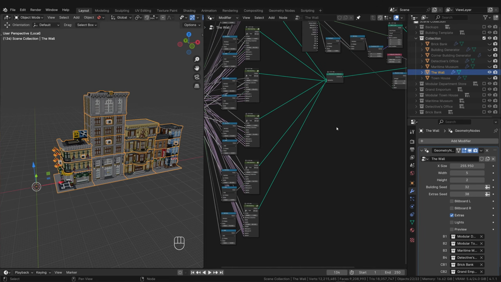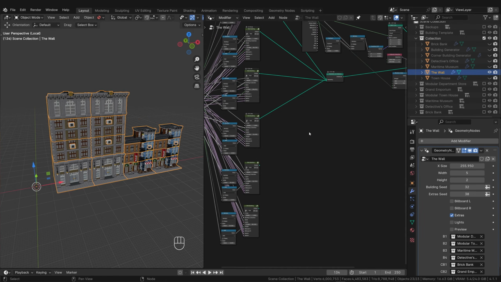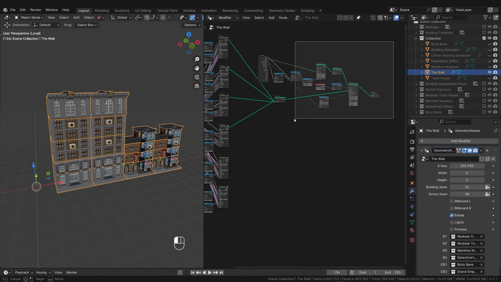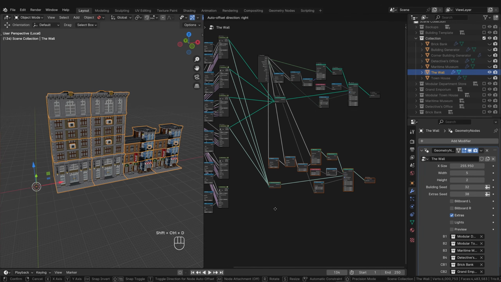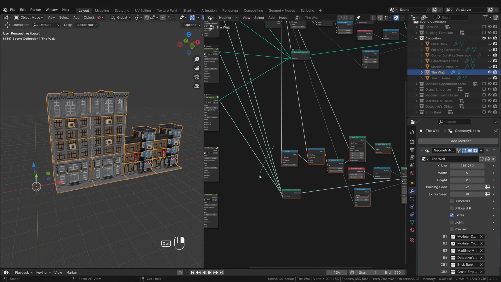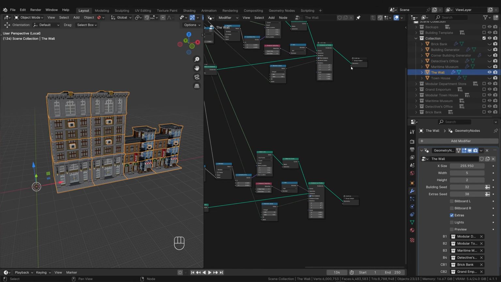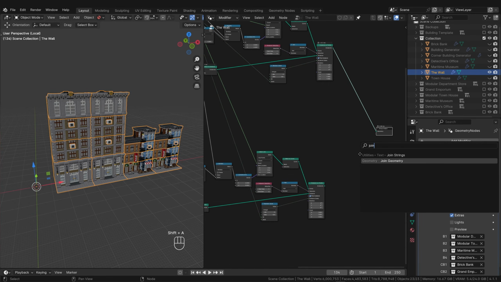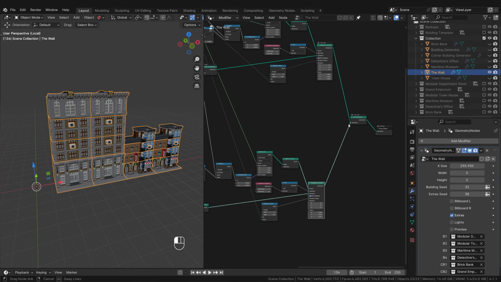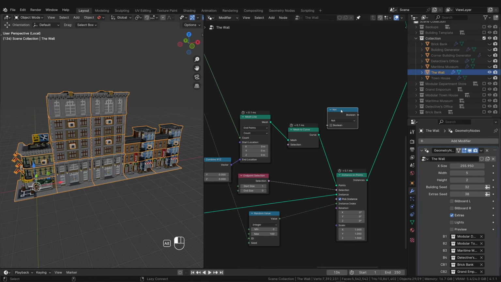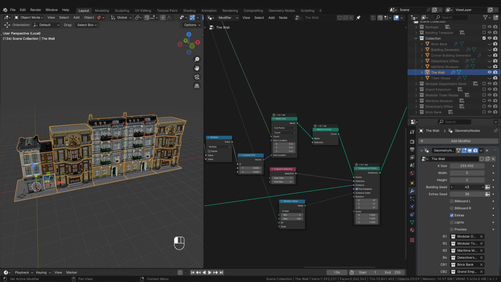Now we detach our corner buildings from the group and duplicate all of these nodes with Ctrl-Shift-D. We can break these connections and let's connect the corner buildings with this input. We don't need the second group output node, but we connect the two groups with a join geometry node. If we now remove the Boolean node, everything works as we want it to. There's always a corner building in the first place and the normal ones after it.